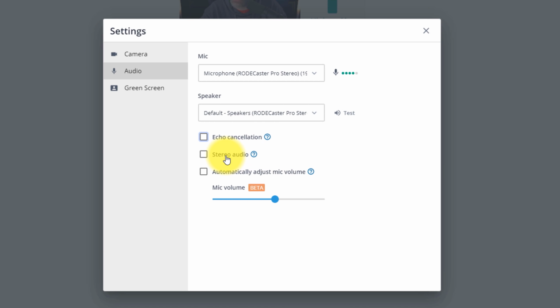Now, for the stereo audio, if you are a musician and you do not want to stream in mono because you want that wide stereo range and your inputs are stereo, then you want to make sure that you have stereo audio checked, but that's usually the only reason that you're really going to need that. And then of course, you want to make sure that you have your option to automatically adjust microphone volume checked if you're not using external audio processing. The reason for that again is because this is going to help keep your audio levels consistent, which is part of having a professional stream.